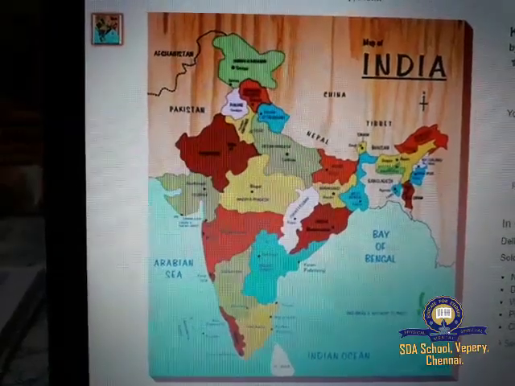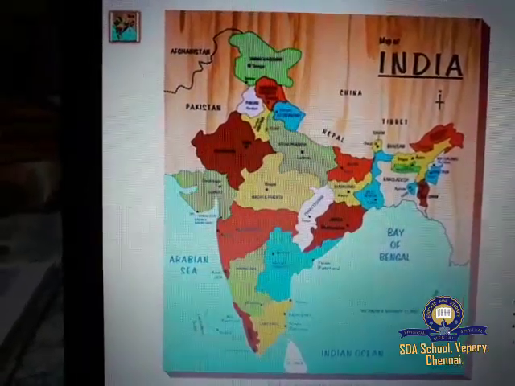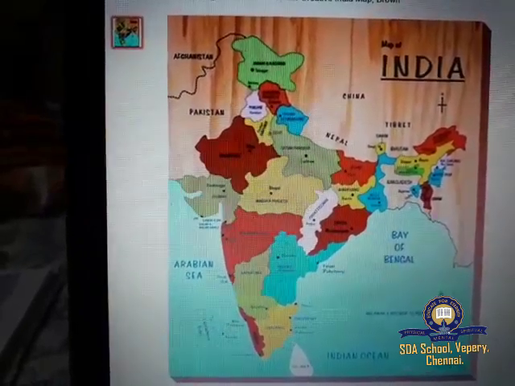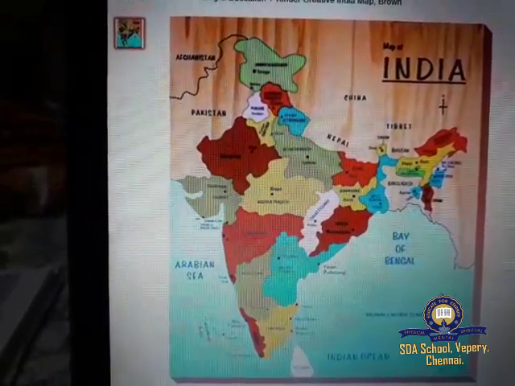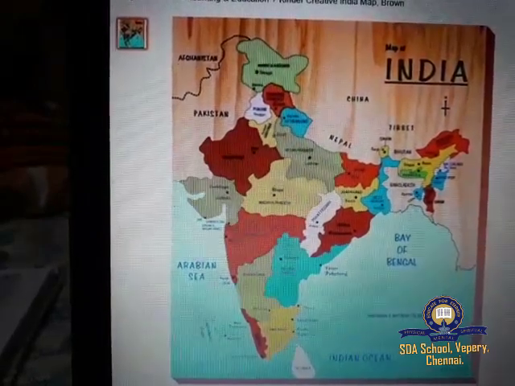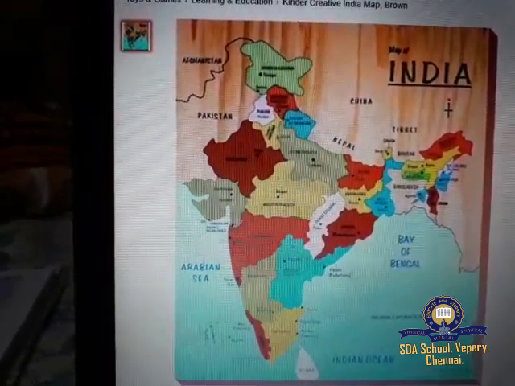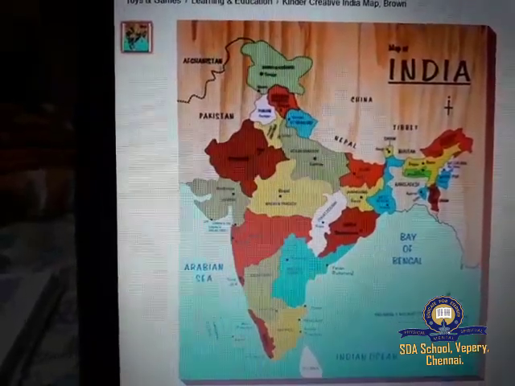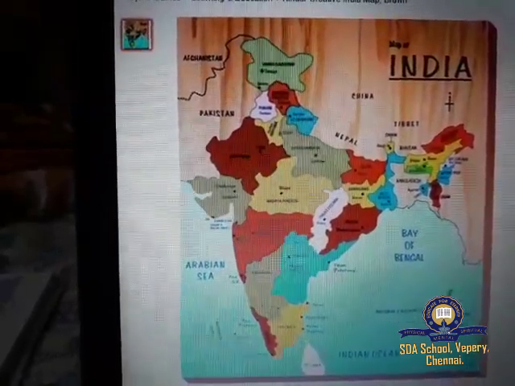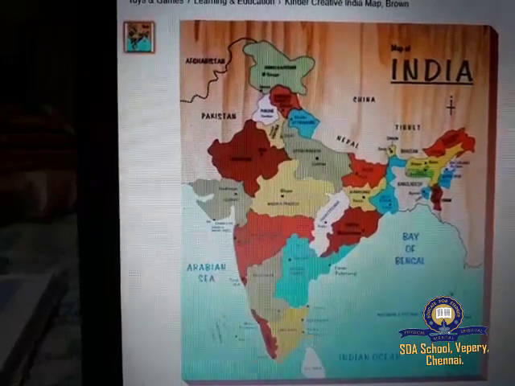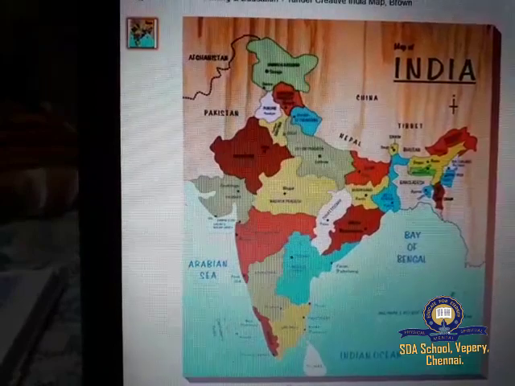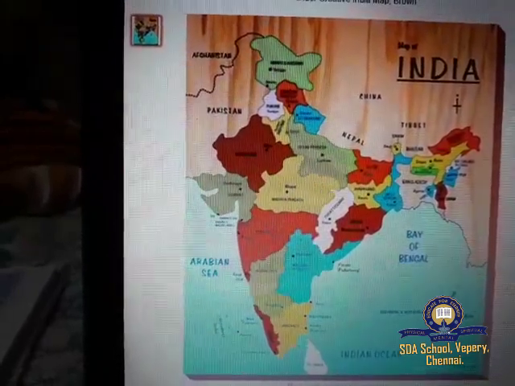The southernmost point of the country is Indira Point, located in the Andaman and Nicobar Islands. The northernmost point of India is Indira Col in Jammu and Kashmir. The east-west extension is from the Rann of Kutch, Gujarat in the west to Arunachal Pradesh in the east.